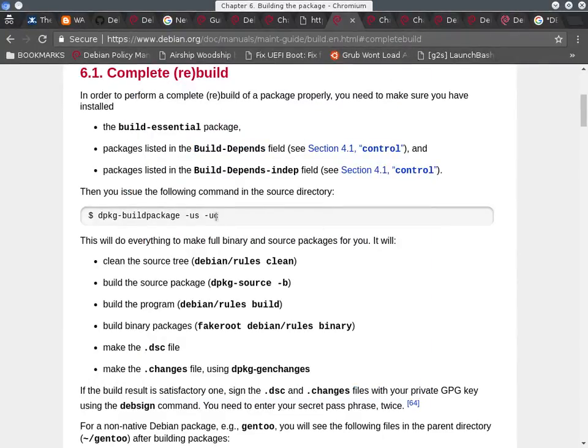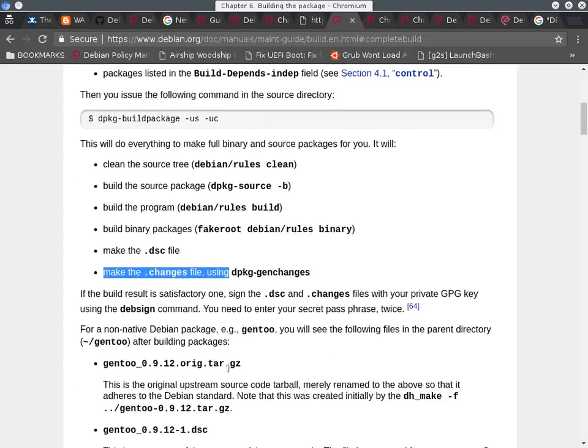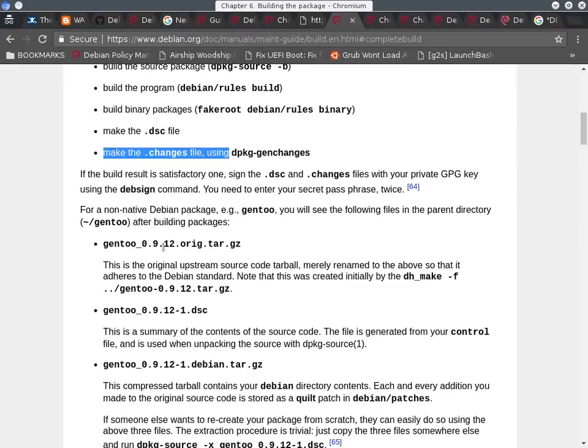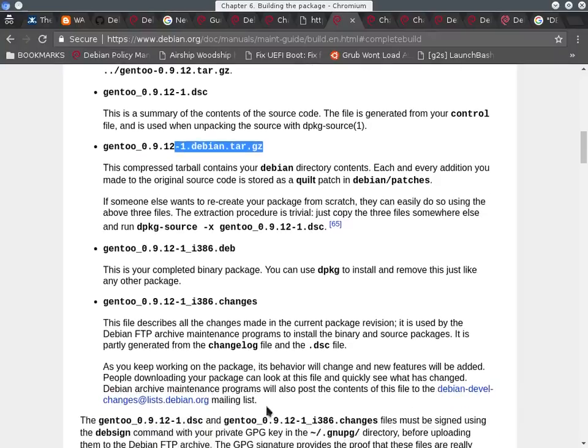So once you have everything, you can run this. It cleans the source tree, it builds a source package, it builds the program, it builds a binary package, and then it will create some files apparently. Yeah,